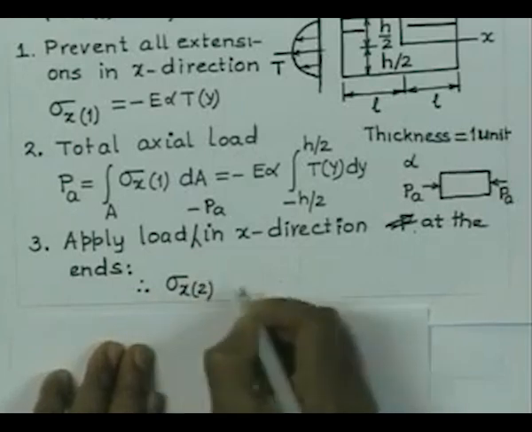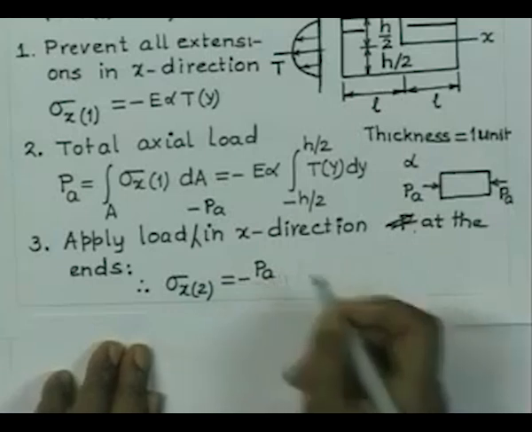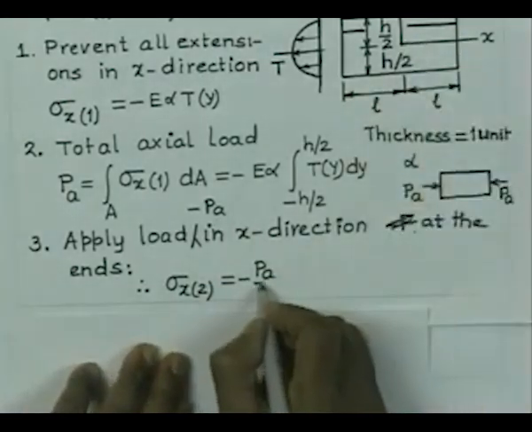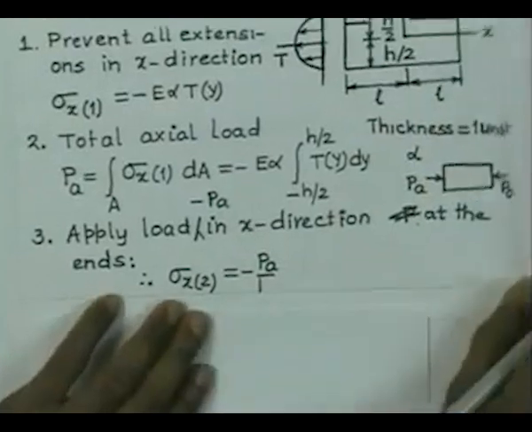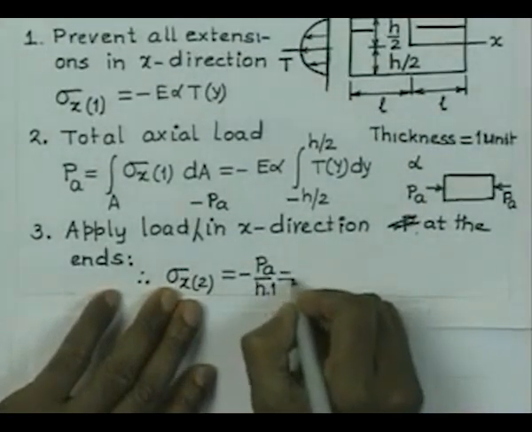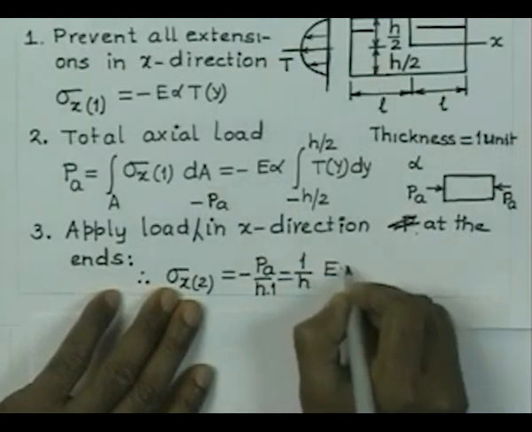Let us say this sigma x2 is nothing but, its height is h only. So, therefore, it will be P by h into 1, and therefore, it is 1 by h E alpha